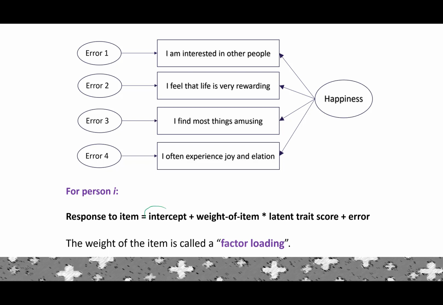Quick question, what do you think the intercept represents? Have a little think of what it represented in the context of regression when we had the outcome variable, a function of the intercept, plus the regression strength times the predictor, plus some error. Alright, so in linear regression, the intercept represented the expected level of the outcome when the predictor had a score